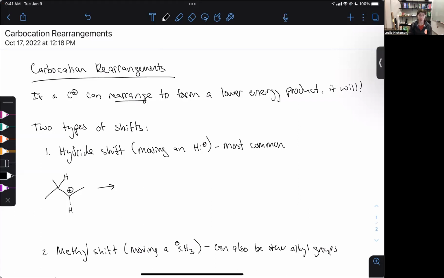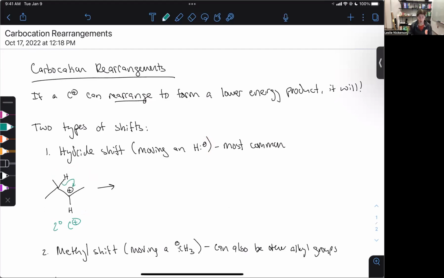The hydride shift is probably the most common. It uses a hydride, so an H with 2 electrons. It's basically an H taking a whole bond with it. It is the most common one. So if I have a carbocation like this, currently it is a secondary carbocation. If I do a hydride shift,